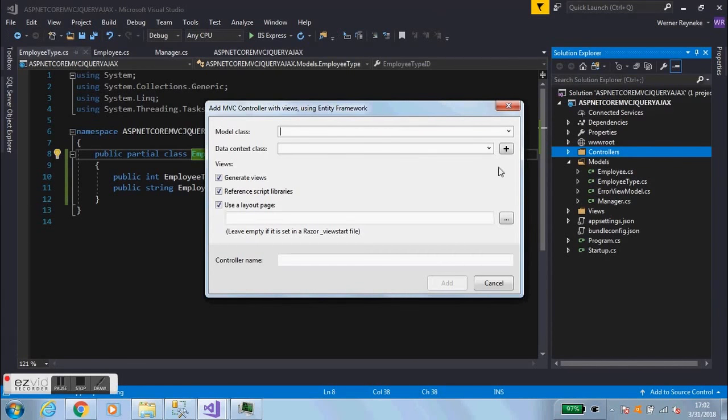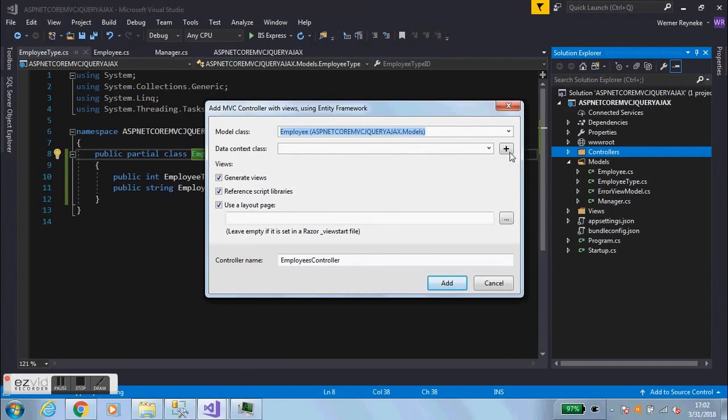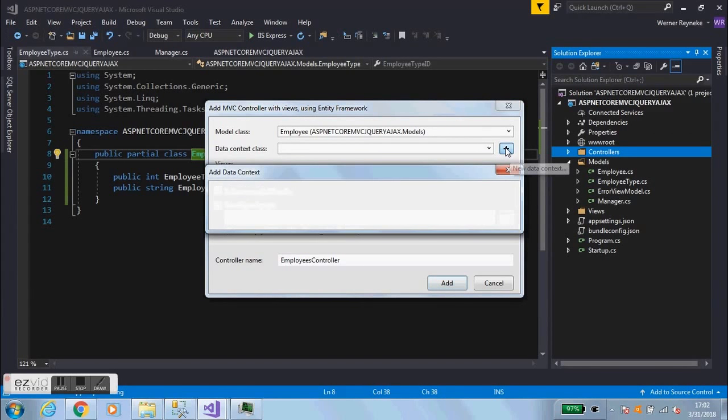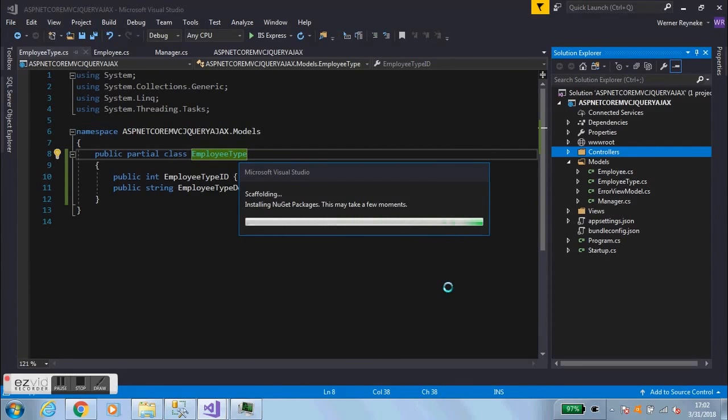And this is going to create your data context, and this is the abstraction layer that connects to your database. So we're going to select employee for employee models. We're going to start with this one, and click on the plus here for data context class, so that it can create one for you. And just put the employees context, add. Okay, and you can click on add at the bottom,